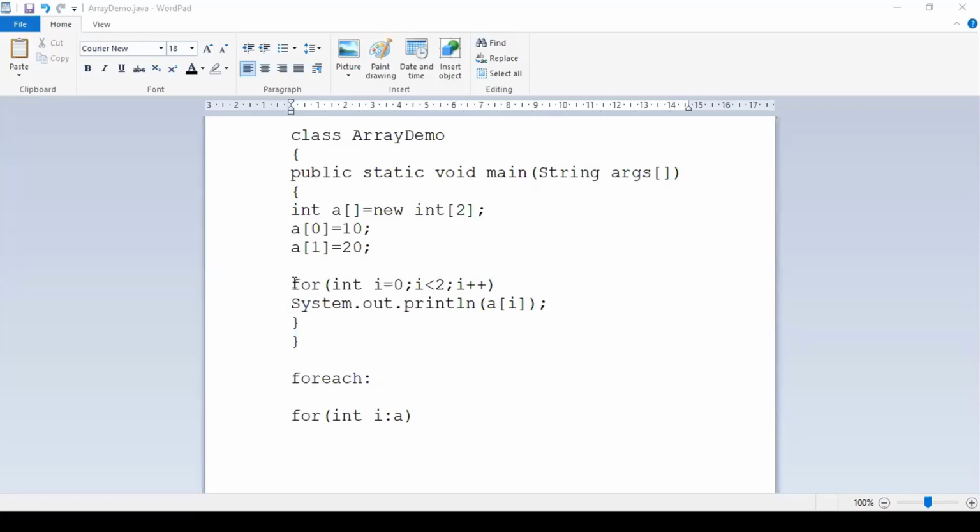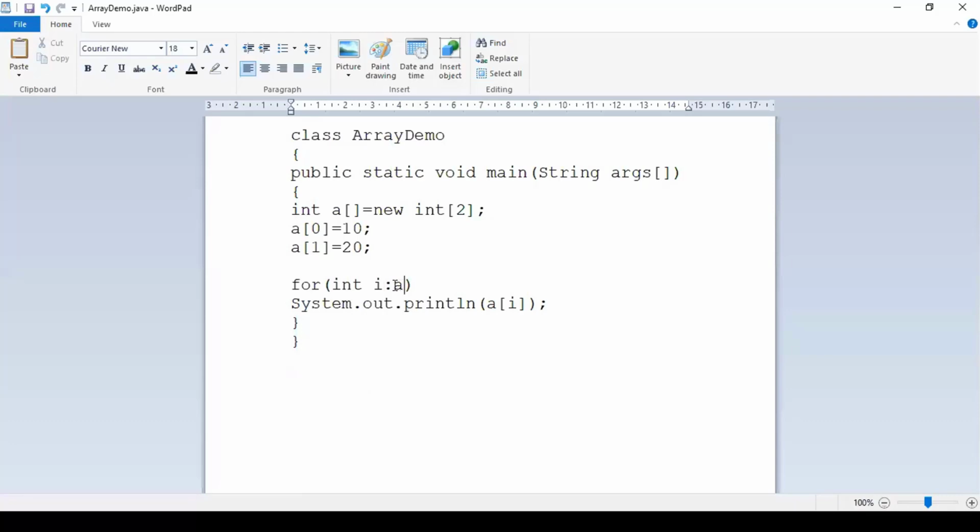Let us just change this particular for statement, for int I, not a semicolon, you need to put a colon. Yes, colon, give the array name. So now what I'm saying is, every time each element of array A will be copied to variable I. No need to initialize, no need to check a condition, no need to check whether it has reached the end of your array or not.